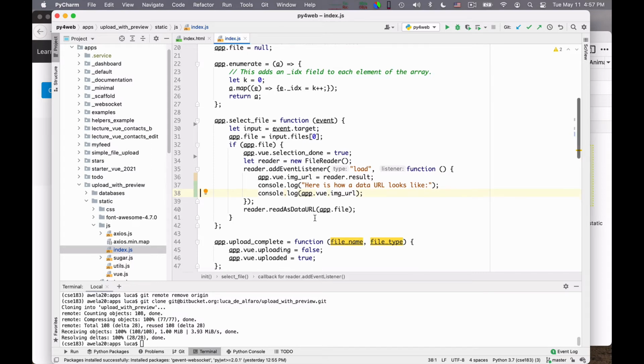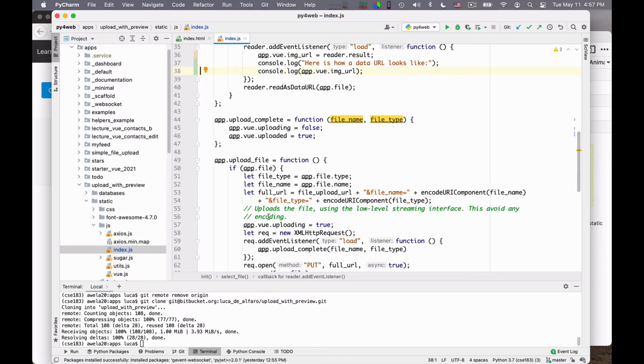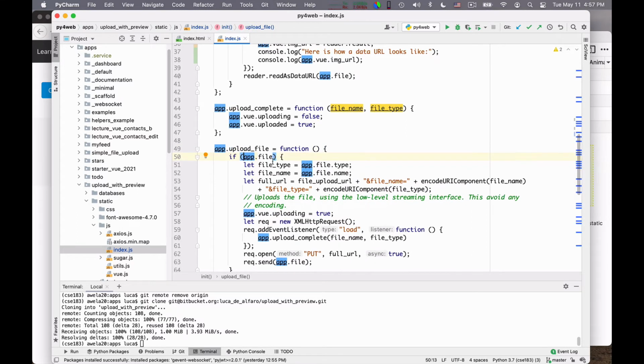The upload function, I won't spend time on it, is exactly as before. Okay? So the upload file function, if there is a file specified, it takes the file type, the file name, it builds the URL for uploading it, it creates a request, it adds a listener to the request that when it's done, it says that the upload is complete, it opens the put request, and it sends the file.